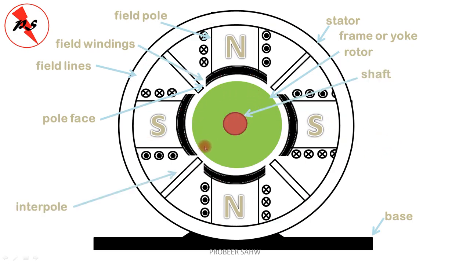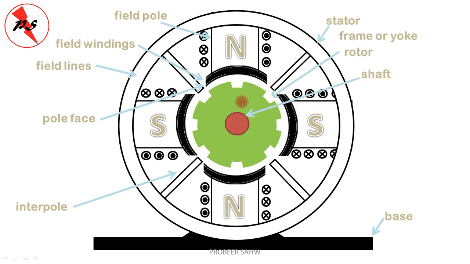Now this rotor is actually based on this small tiny part which is called the shaft. This shaft is long and cylindrical in shape, or it is a solid forging of a cylinder made up of steel. On this part the armature, or we also call this rotor the armature, is supported. So this is the shaft on which the rotor is supported.